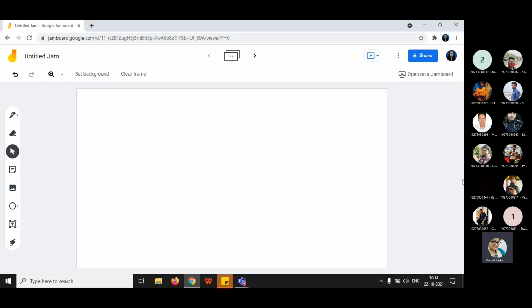All of you students, please pay attention, then only you will understand how to draw a DFD. The first and foremost rule of drawing a DFD is that the arrows indicate the direction in which the data is flowing. Whenever you draw the arrows, no crossovers should be there, that is, no lines should cross each other.